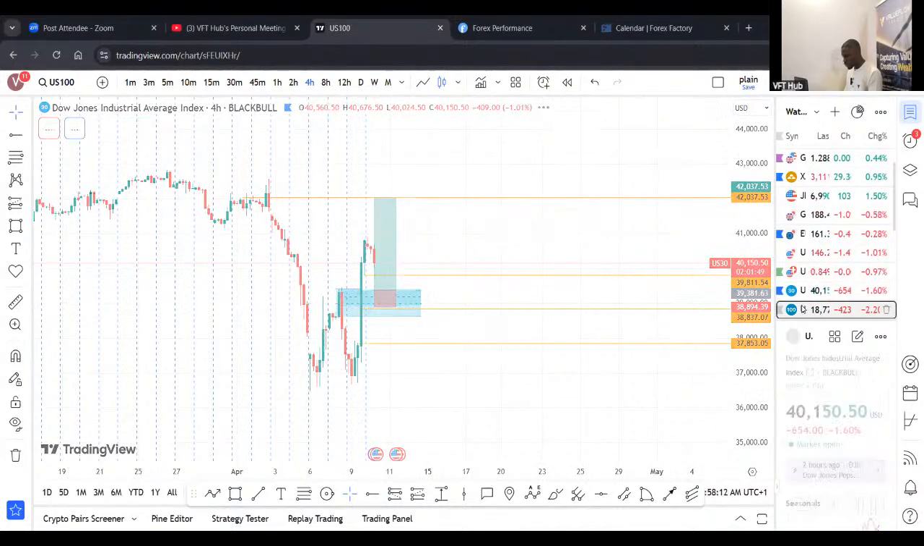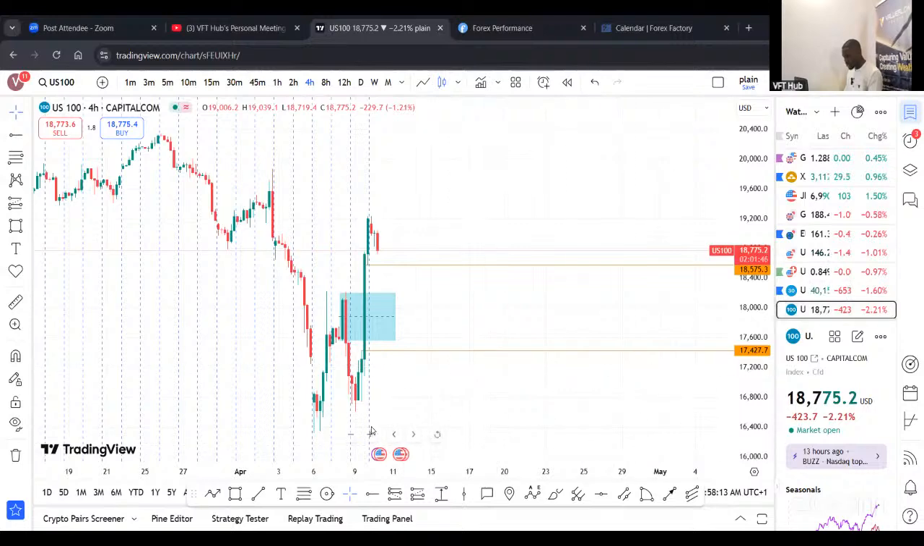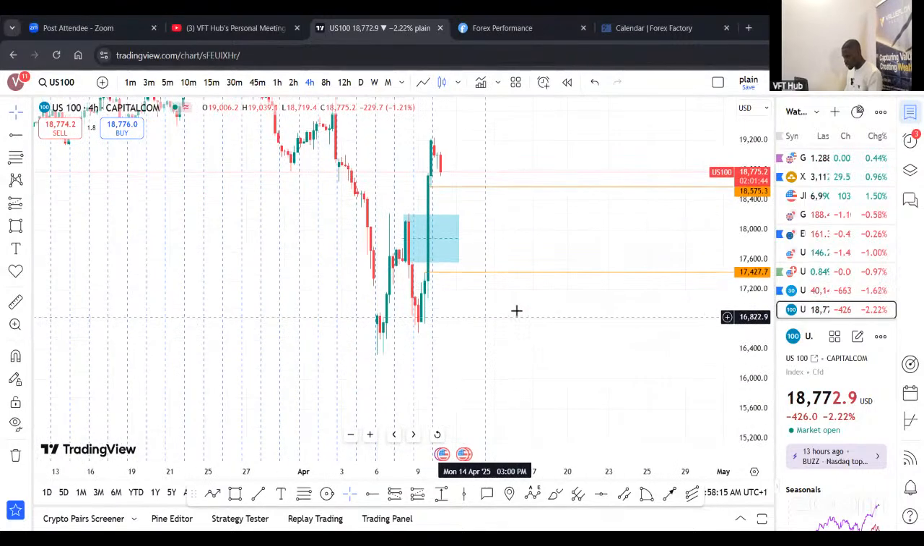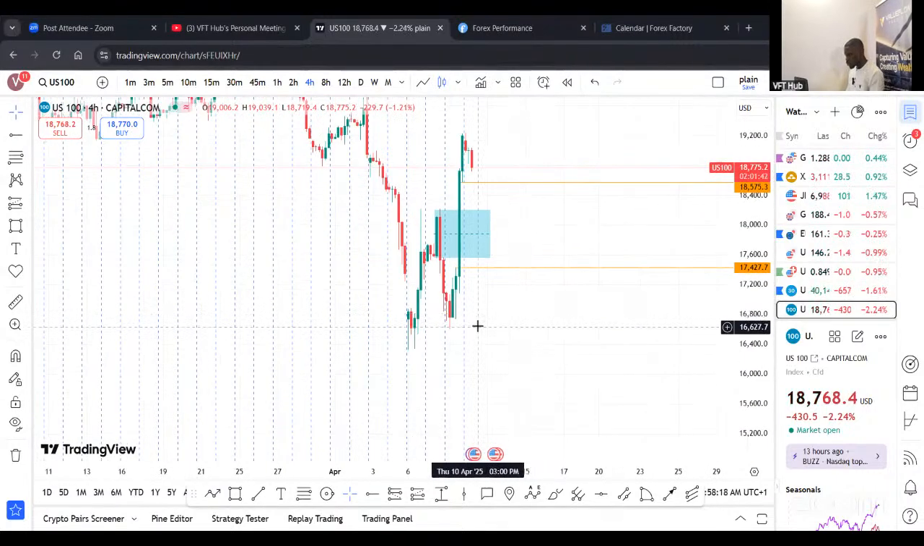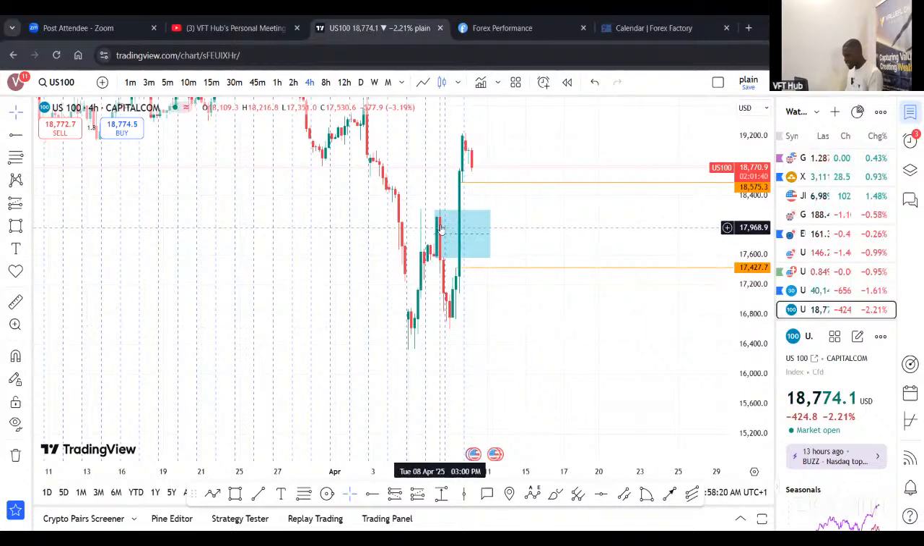On US 100, almost the same thing happening. So just so we are clear, I'm expecting a buy of the zone, and with the fundamental backing it up, we should see a strong push